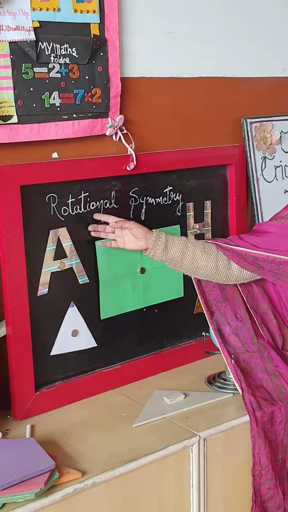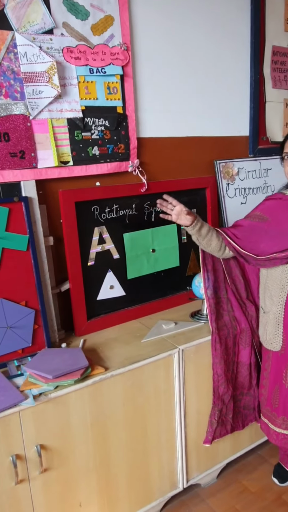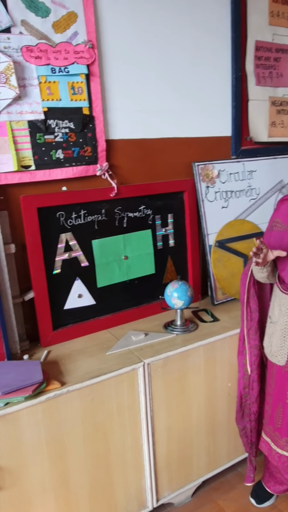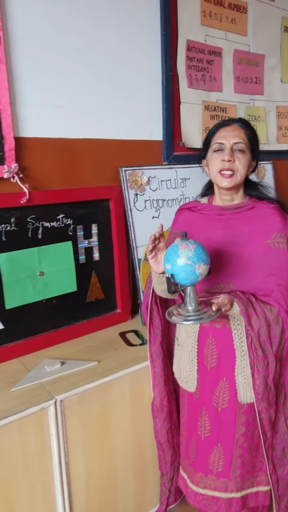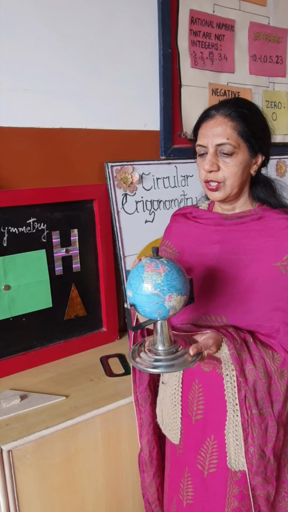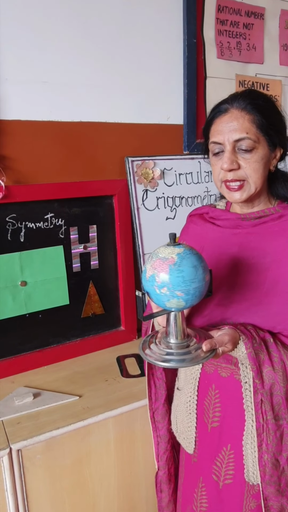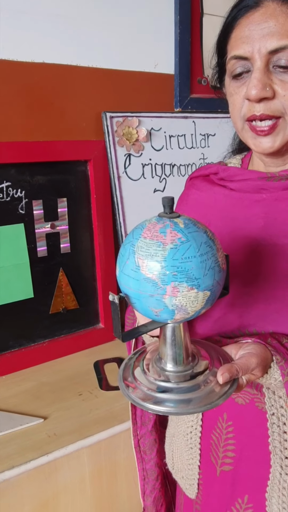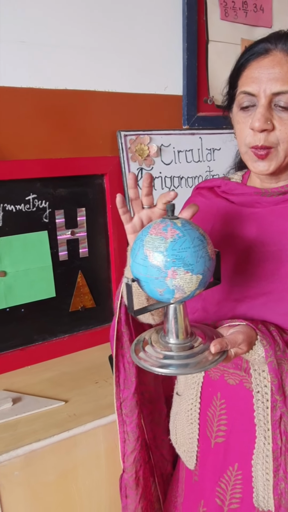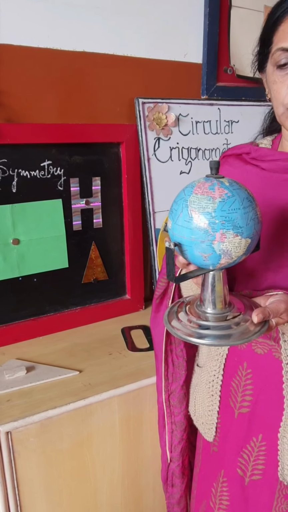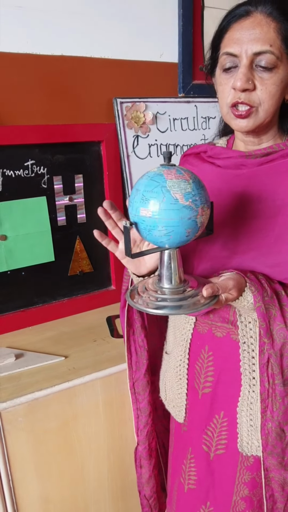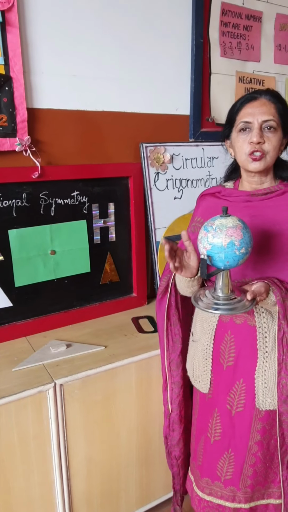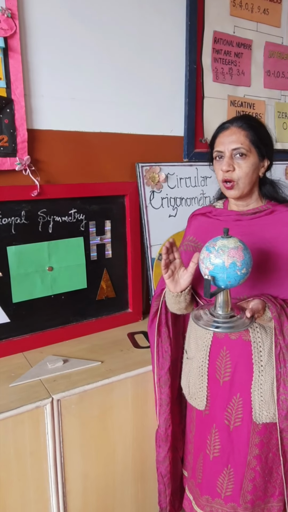This word rotation you heard, I think you discussed it when you were in 6th standard, talking in geography about the movement of the earth, right? There are two movements of the earth, one is rotation and another is revolution. We all know rotation means the earth is rotating around its axis, right? This axis is an imaginary line passing through the north pole, center and the south pole, and the earth is rotating around it. This movement, when the earth is moving around its axis, is called rotation, and when the earth is moving around the sun, it is called revolution. So these two terms I think you all are familiar with.